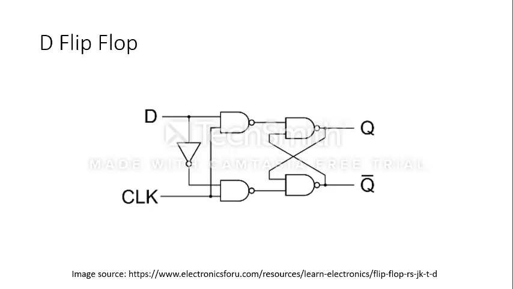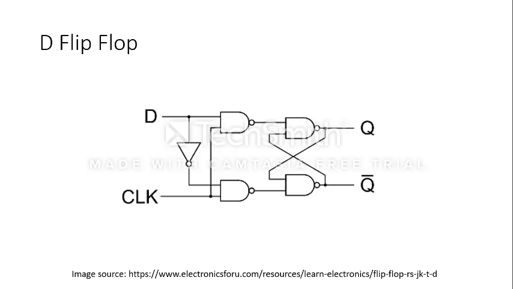It is a circuit diagram of D flip-flop which has been designed using NAND gates only. There is only one input D and the other input is clock. You can observe that from this D input, another D bar input has been connected to the next NAND gate, right? That is actually the complemented D input. So now onward we will observe the working principle, like the truth table, the characteristic table, the excitation table, everything